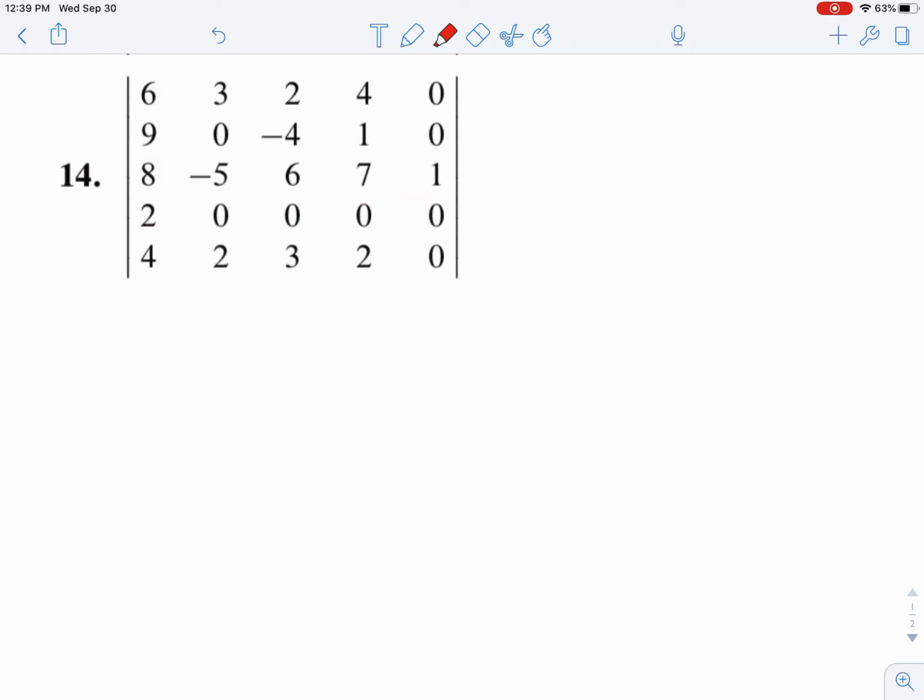That looks insane. But I see this row here is mostly zeros. And also this column here is mostly zeros. Let's try that column. Okay. So if I think about what my plus minuses are going to be, I can kind of just fill that in. It's going to be plus, minus, plus, minus, plus. So if I expand that out, I think I'm just going to get a plus 1